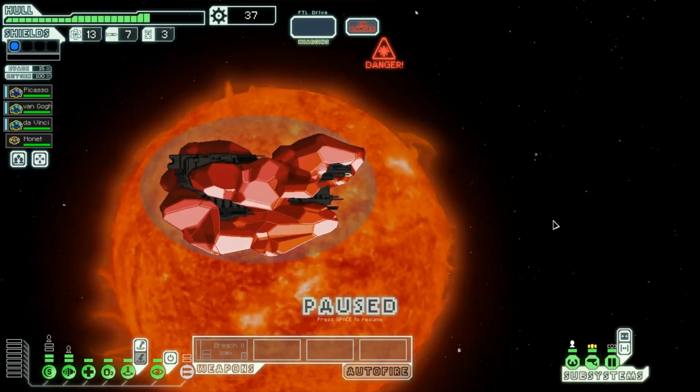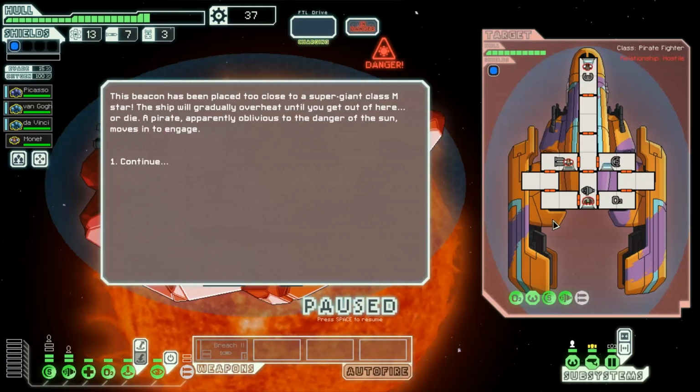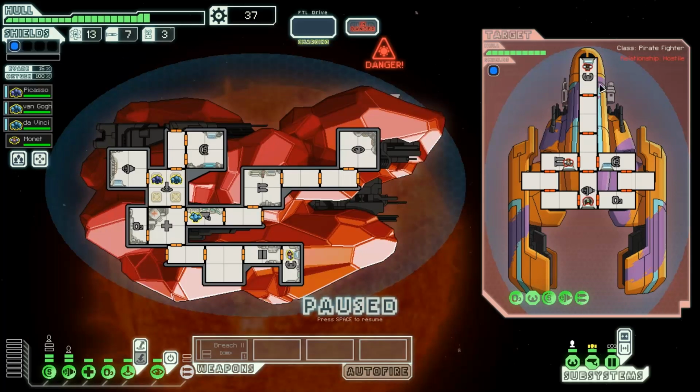Oh no, it's a sun! This beacon has been placed too close to a supergiant Class M star. The sun will gradually overheat until you get out of here or die. A pirate, apparently oblivious to the danger of the sun, moves in to engage. They've got a double shot laser, missiles, and some really, really weak boarders. So let's go ahead and... yeah, I think we'll keep the human here this time. And we will...